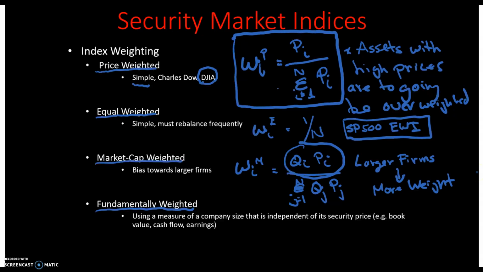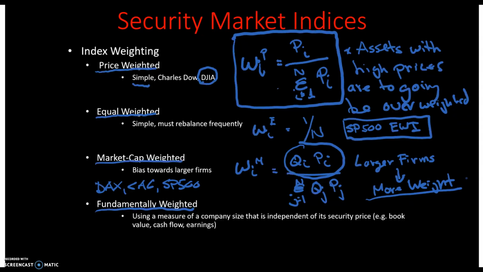So these market cap weighted indices are very popular. Some examples would be the DAX in Germany, the CAC in France, and the S&P 500 in the US. These are market cap weighted, and what this does is weight a little bit more to large cap. The issue here is that you're sometimes left holding firms that may have had a run up in price and may actually be overvalued.